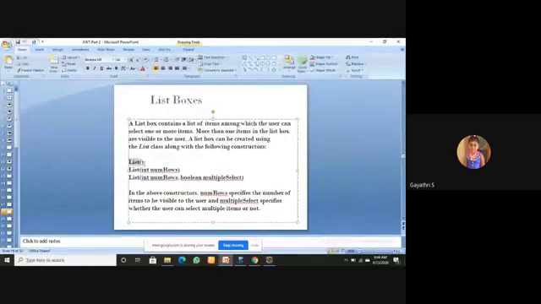The first one, as usual, is the empty one. The second one is with a particular number of rows. Here, number of rows specifies the number of items visible to the user. Suppose you have 10 items, and only 3 items should be visible to the user, then you have to replace num rows with 3. Then multiple select: the user can also select one or more items. You can set the multiple select option, which is a Boolean option, either true or false. So there are three ways to create a list box, and one way to create a choice box.